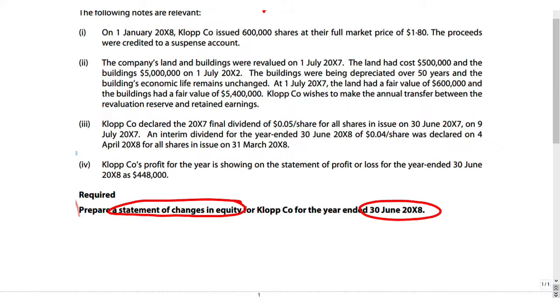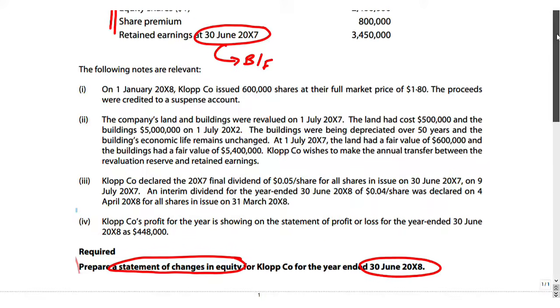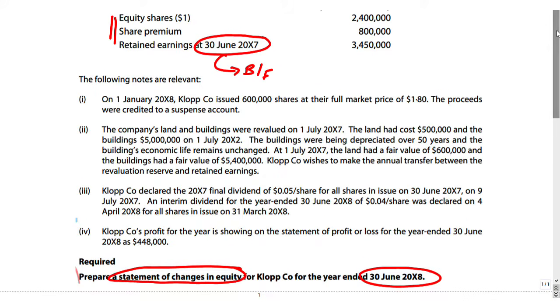is your brought forward retained earnings, to which within the statement of changes in equity, let me just make sure that you can see that there. So yeah, there we go, apologies. What you can see there is that will be your brought forward figure, won't it, to the 30th of June X7. As you go through and look at the notes, you can see that you've got, is it in number 1,